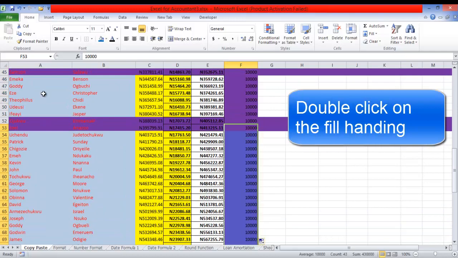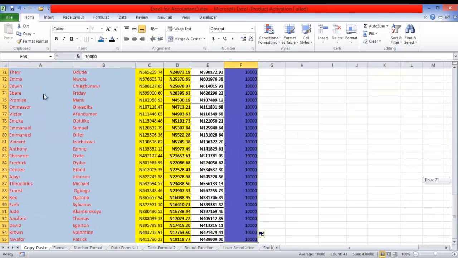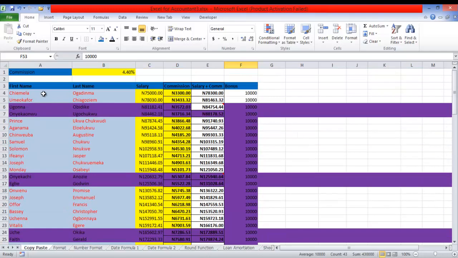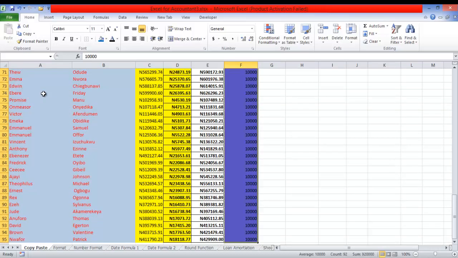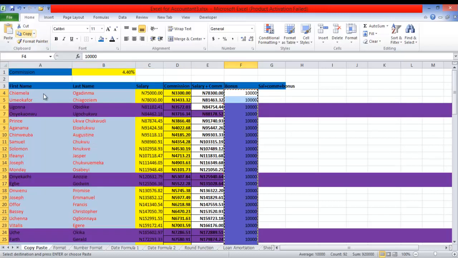Okay, beside the commission added to them. Now we want to add this bonus to this particular case. We don't want to create another column, salary plus commission plus bonus. We're not interested in creating this additional column. All we need to do, we can simply copy that. You can see the first salary is 78,300 naira. So simply copy that,